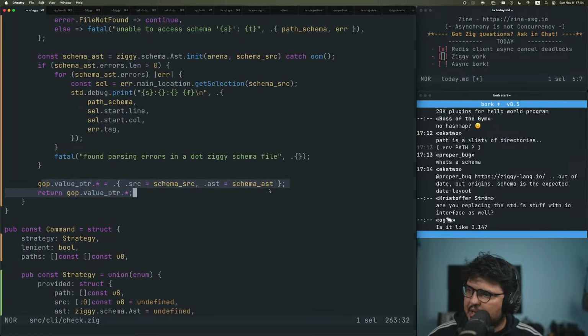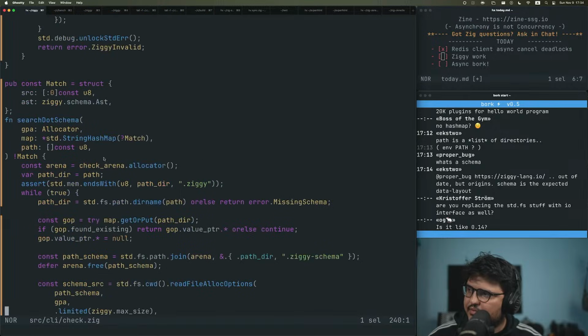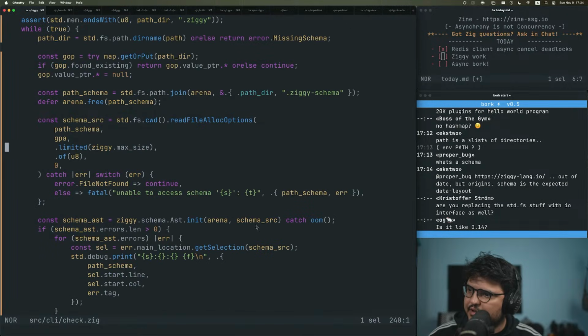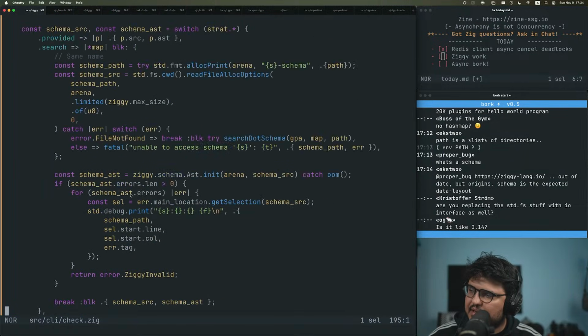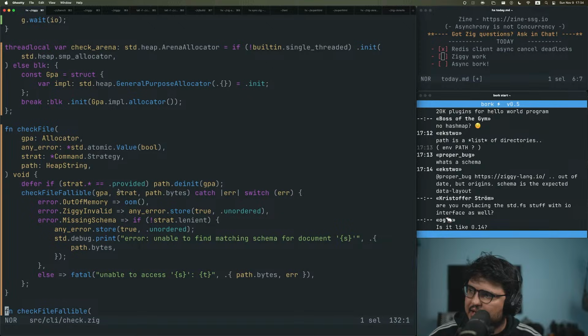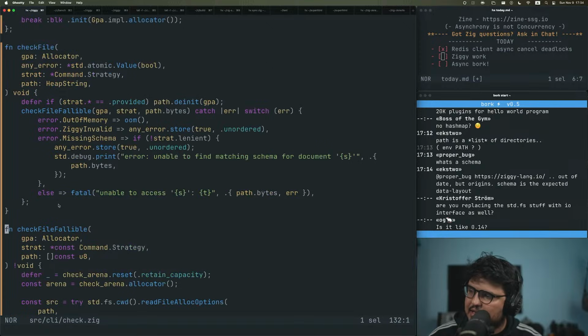Okay, so we save it in the map. We return it. We're happy. Otherwise, we return either some kind of file access error or, oh, here we're even catching right away, which is interesting. We're being a little bit inconsistent with these panics. I think that when we have a centralized panic management inside of check file, then everything should try to reutilize this logic here, I believe, honestly. But in any case,